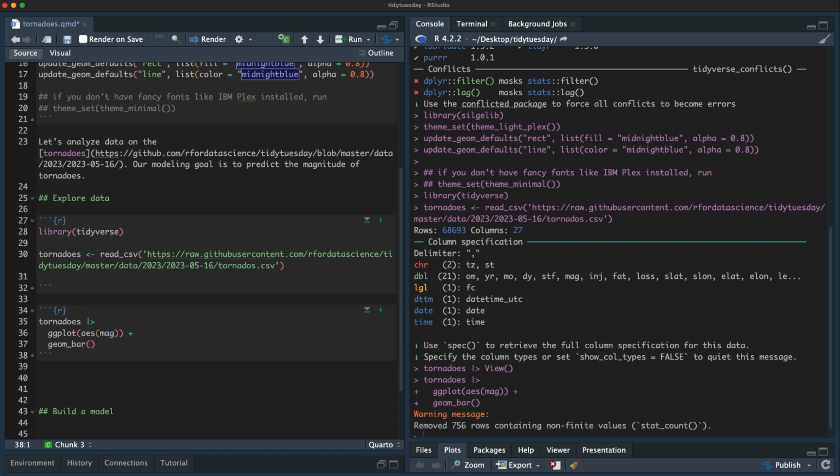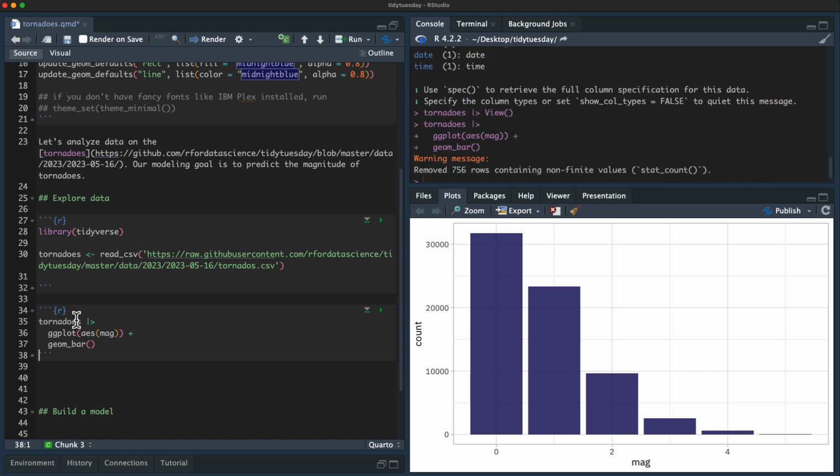So we will have this pop up, and we'll see that lots of mild tornadoes and very few big ones, right? So we've got this kind of relationship that shows up in all kinds of places, including nature. Notice that this is like a label. It's more like a categorical variable maybe in some ways. Like a tornado can be given a magnitude of 1 or 2, but not 1.5. So it is not really a continuous variable here.